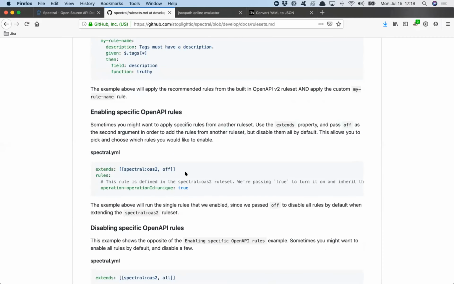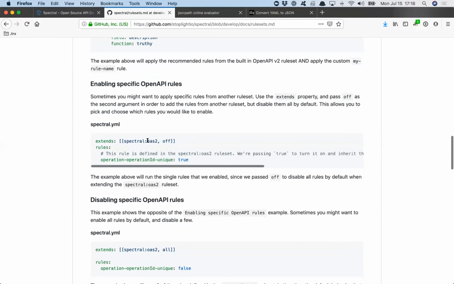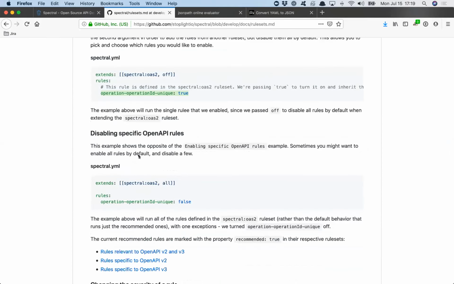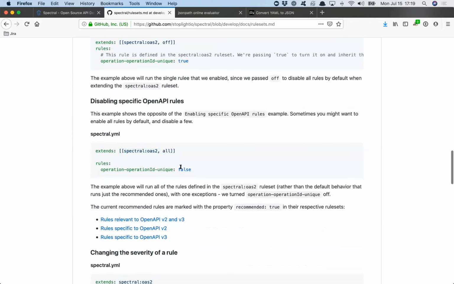After that, you can start to get into more complicated stuff. You can basically say, I want all of the open source ones too, but you can turn certain rules off. So you disable all of the rules, but then you can actually say, actually, I'd like to enable just this one, right? It's getting a bit complex. Check out the docs for all the information. Or you can say, I'd like all of them, not just the recommended ones, but literally every single rule that's in there, and then turn off one of them by default.